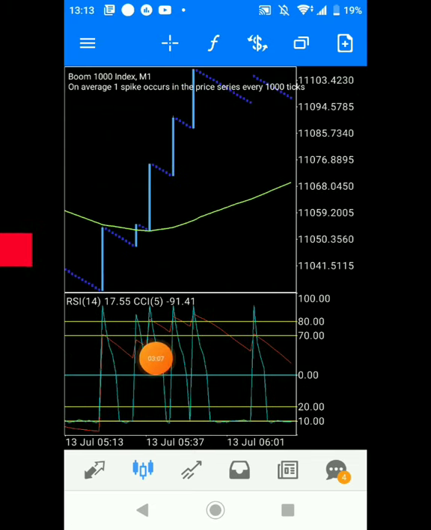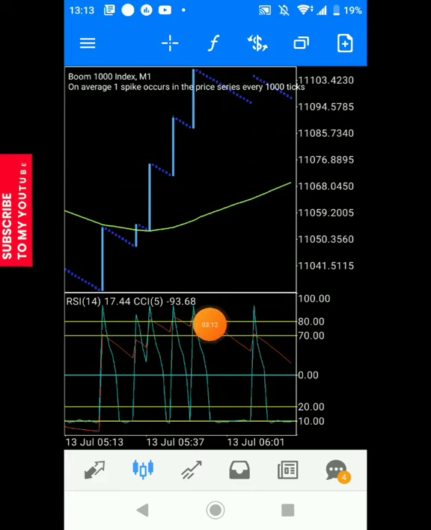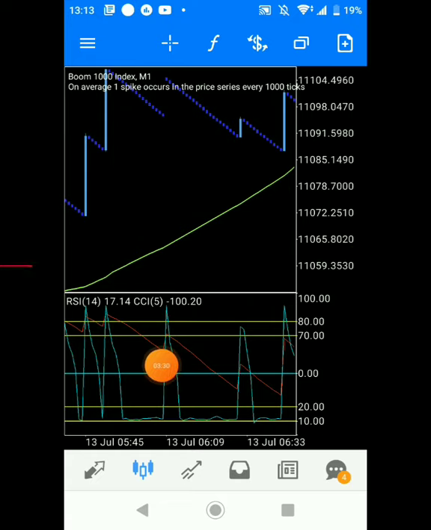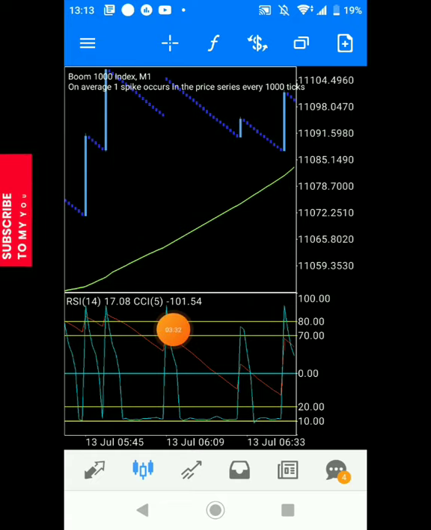While you see the moving average below price and spikes taking price up, now it has gotten to the overbought level, which is the 80.00. From this junction you can decide to place a sell. You place a sell and then you see price going deep down, deep down, with a few spikes coming in, but price still going deep down.